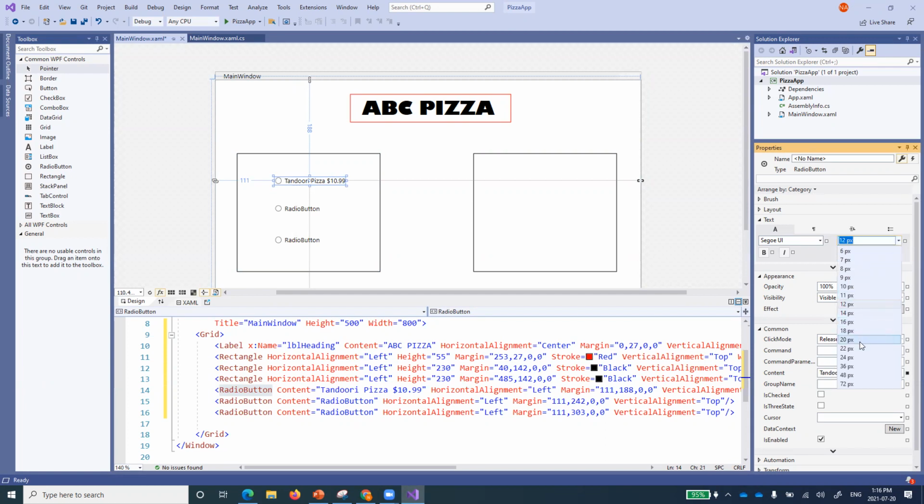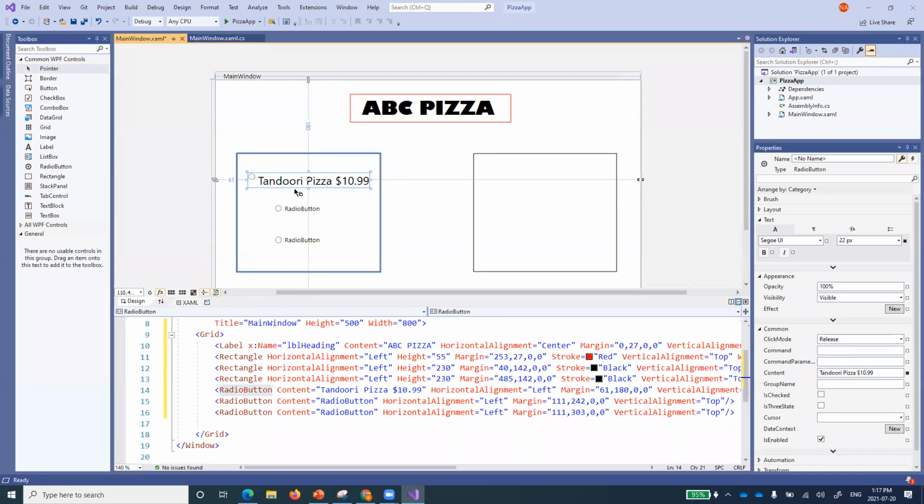So now if you want to change the font size, I would like to change the font size to make it a bit bigger, and so that it's a bit visible, right? So now please remember, we have not done the most important part. What was the most important part? What is the most important part, anyone? I'm still missing that most important part.